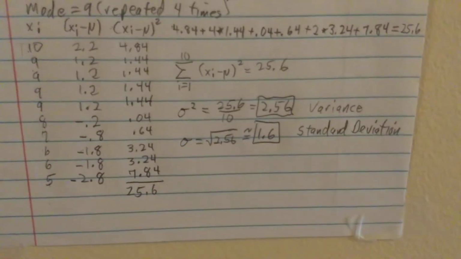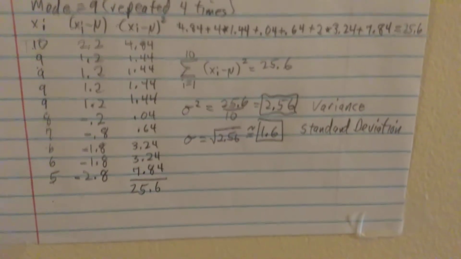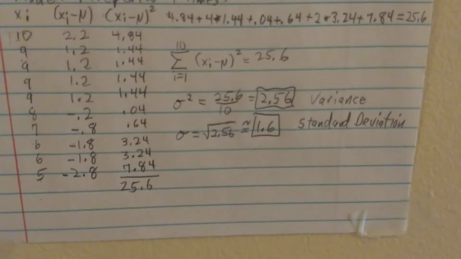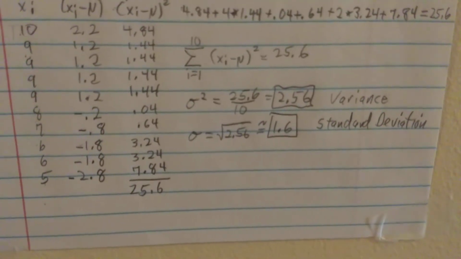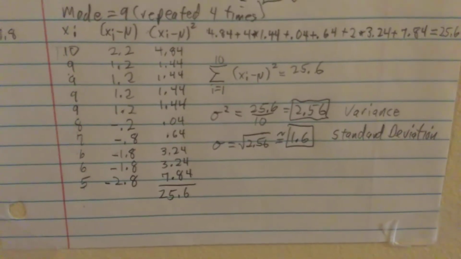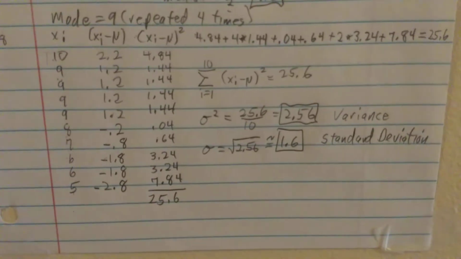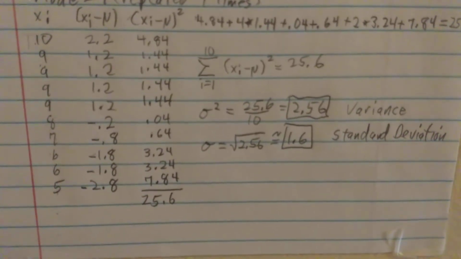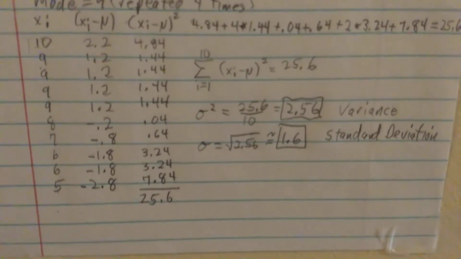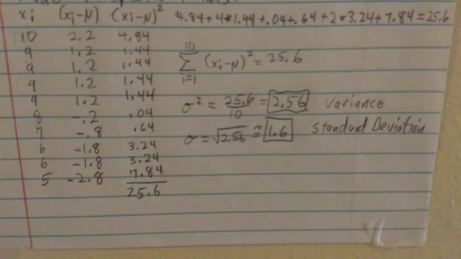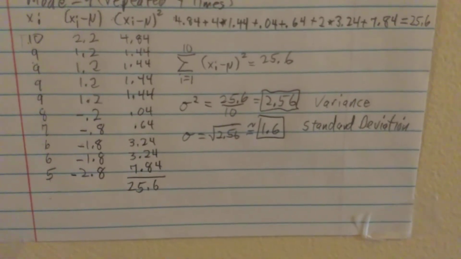0.2, positive or negative, didn't matter, is 0.04 squared. Negative 0.8 squared is 0.64. The 3.24s come from the 1.8 squared, and the 2.8 squared is 7.84. Now we add all those in the last third column, and they all come to 25.6. So now that was the summation of i equals 1 to 10 of xi minus the mean, 7.8 squared,